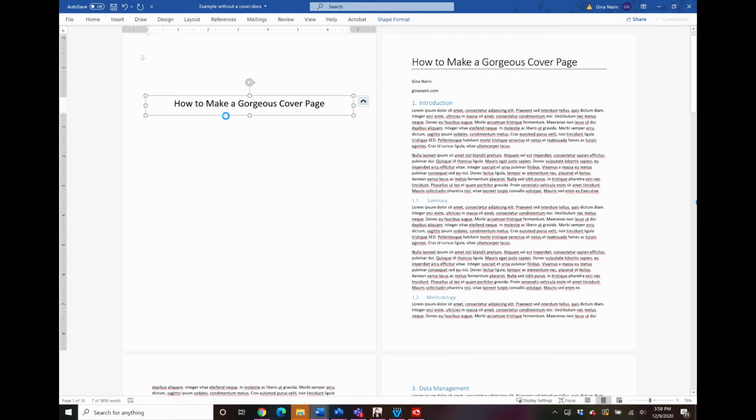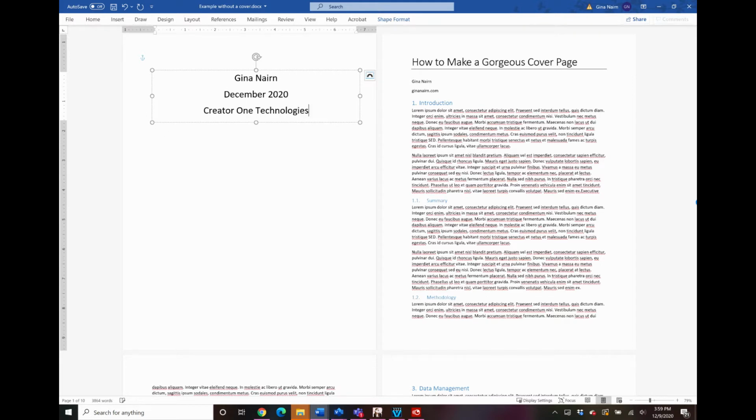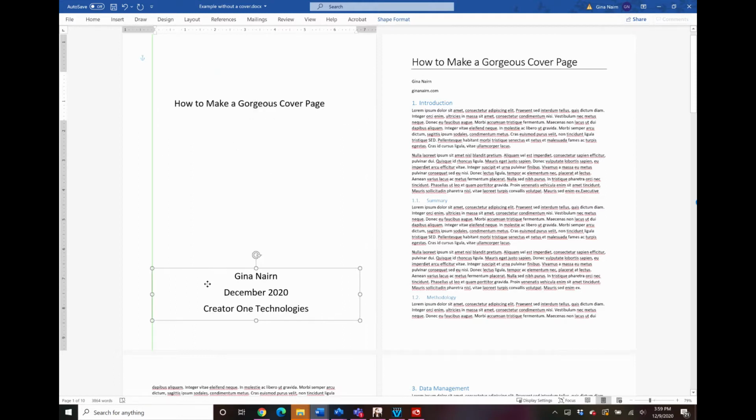And then also, let's put some other information that might normally be on a cover page, such as, and I just did a copy and paste, the author's name and the date and the company name. Okay, and I'm going to put that down here, maybe at the bottom, and we'll center that. Okay, and so here, technically, you have a cover page, but it's really not very nice.